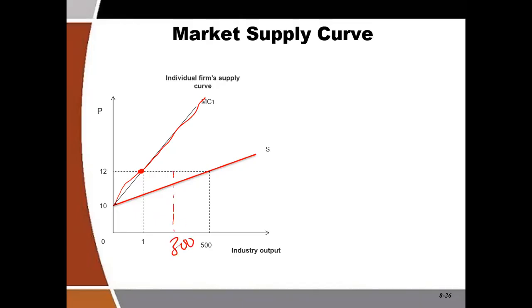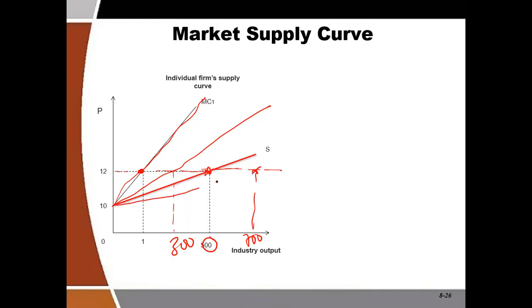That means that if I trace the curve to pass through here, the curve will be like this. If the entire market, when we add all your supply, are still at 12 cedis, and your total supply is 500, it will meet here, then the curve will be like this. If the total industry supply is, let's say, 700, and still at the price of 12 cedis, at 700,